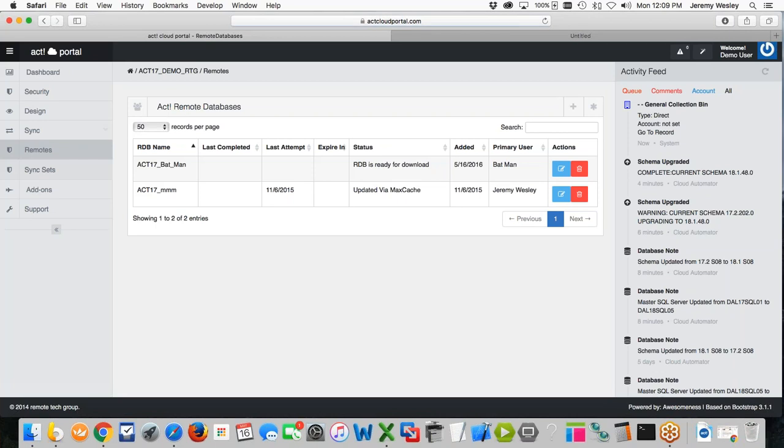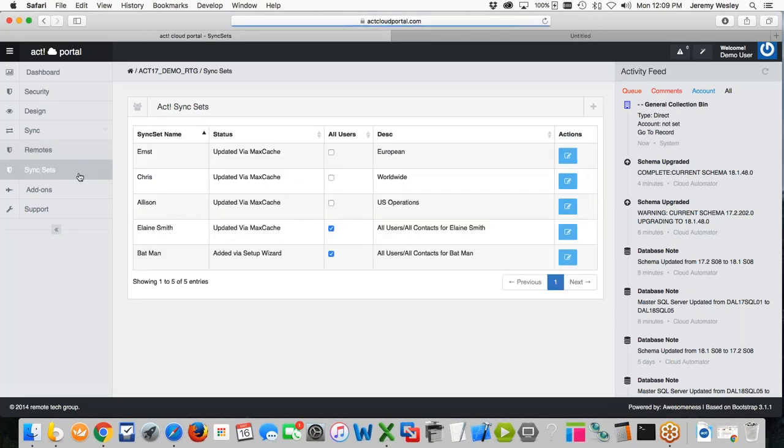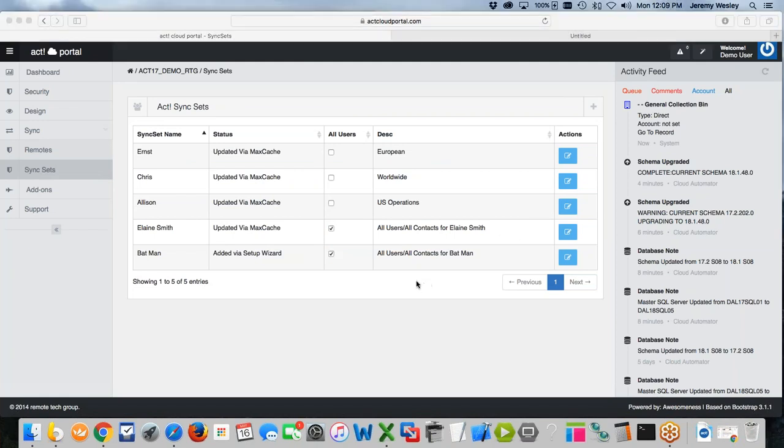Synchronization, we talked about remotes. There's our remotes databases again. Again, you have a search. That's kind of cool. Sync sets. Okay, so this is one area that